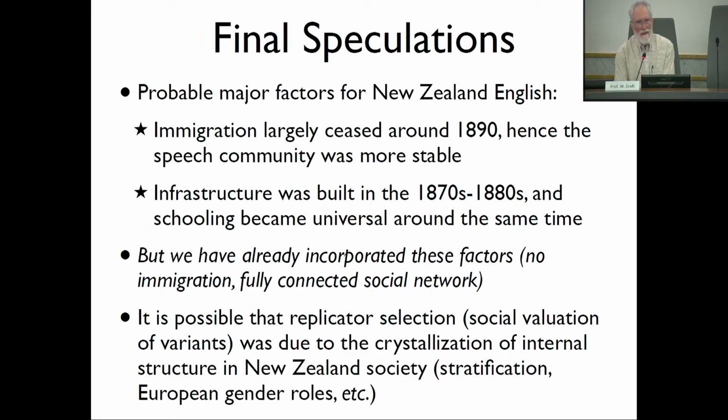So I have some final speculations about what might really be happening here. Basically we're suggesting that replicator selection and weighted interactor selection must play a role. So how would that happen? Well, first, immigration largely ceased around 1890, so the speech community was more stable. By that time, infrastructure was built, which allowed for more interaction between New Zealanders. Schooling became universal around the same time. And all of that